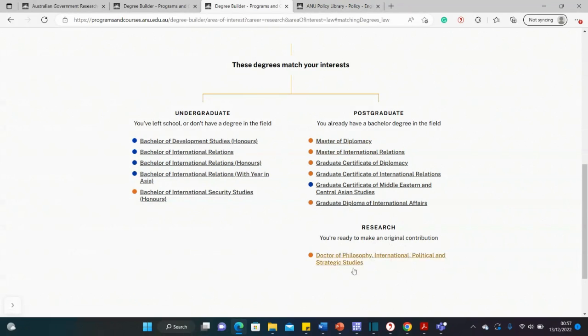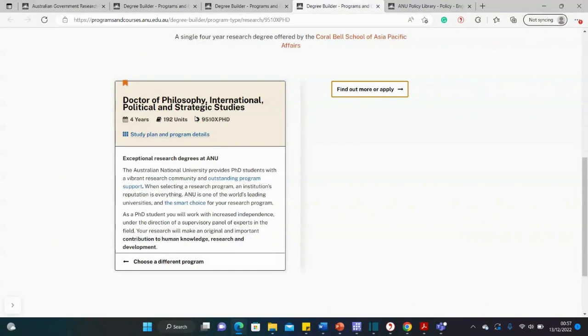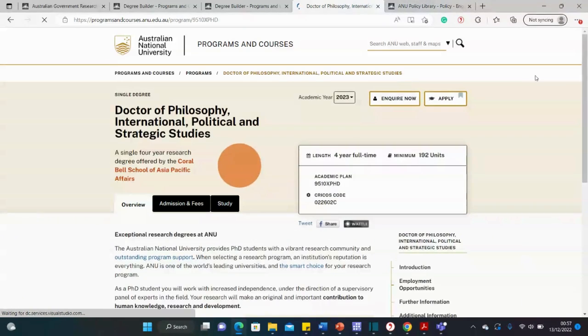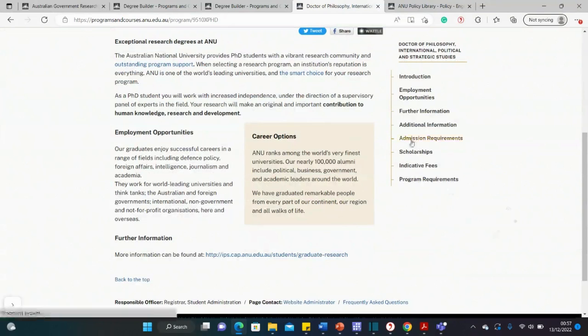So this is the one you should pay attention to, at least for this scholarship. It is a research training program and covers the research course. So you could open this course and see what it covers. We already know the English language requirement, we've seen it already, and the exemptions you can get if you're from certain countries. So this is the page of the course we clicked on: Master of Philosophy, International Politics and Strategic Studies. So let's quickly look at this course page. And of course, you're meant to read every other thing, but for the sake of this video, we'll go to the